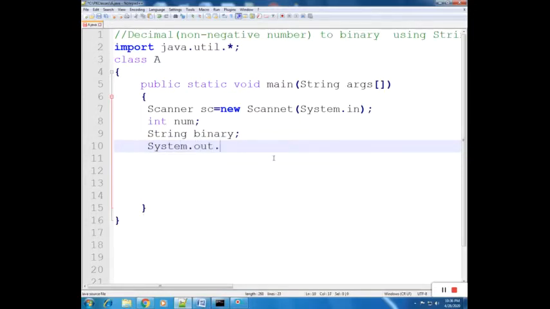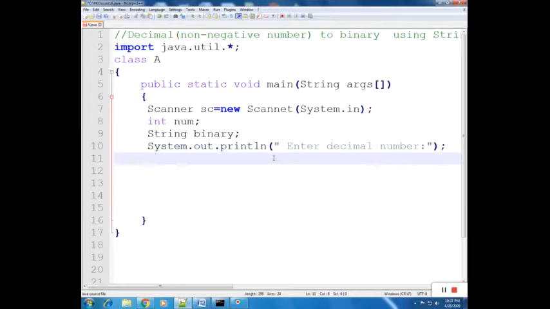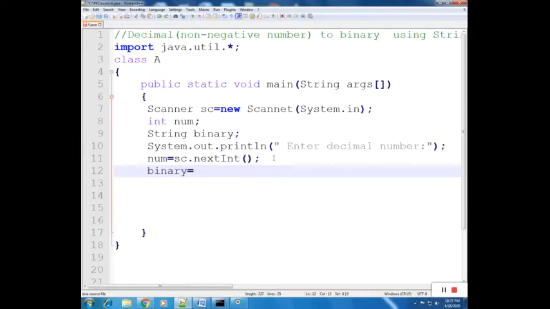System.out.println("Enter decimal number"). num = sc.nextInt(). binary = convertBinary and pass num as argument.